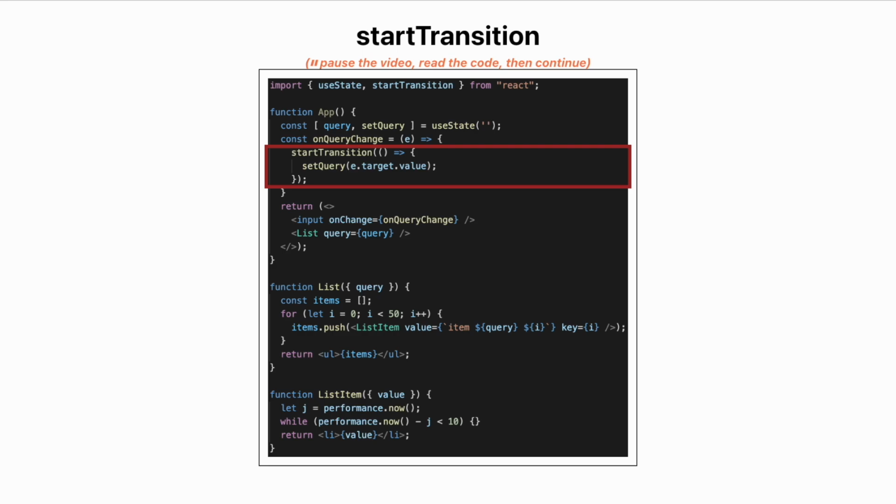Noted. What does startTransition do? startTransition lets you mark a state update as a transition. State updates marked as transition will be non-blocking. You need to pass an action function with one or more set function calls to startTransition. The action function will be called immediately and all state updates which are scheduled synchronously are marked as transition. Great. Since the update is non-blocking, the UI is highly responsive.